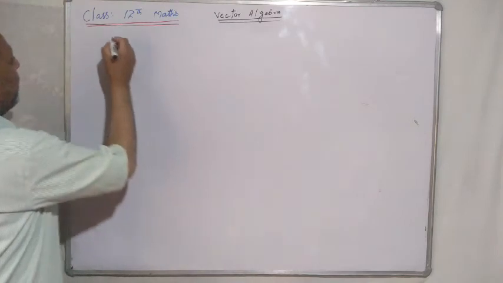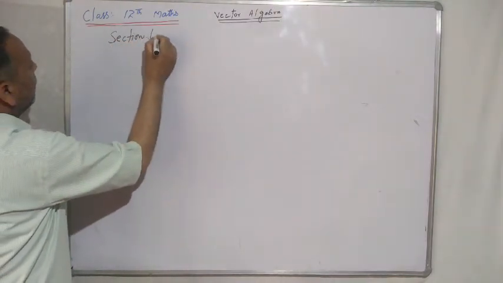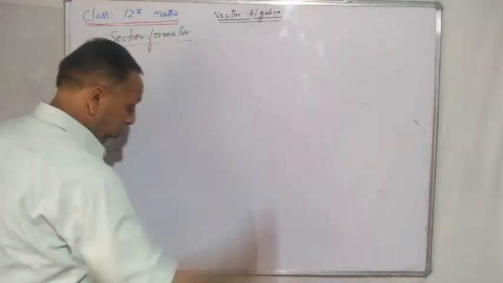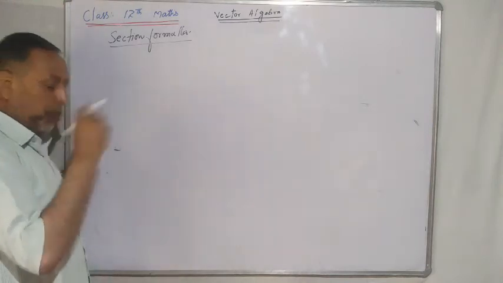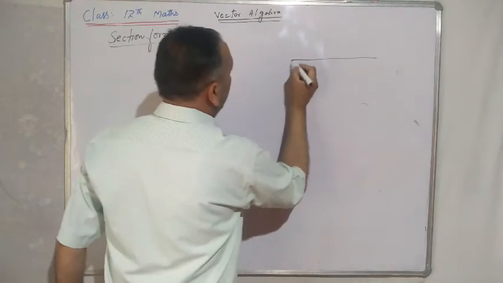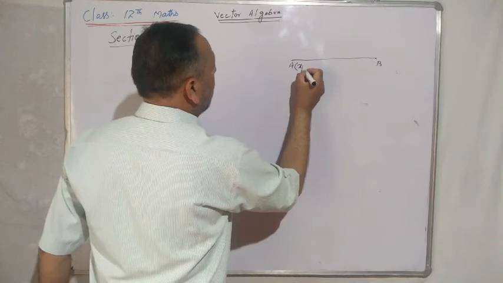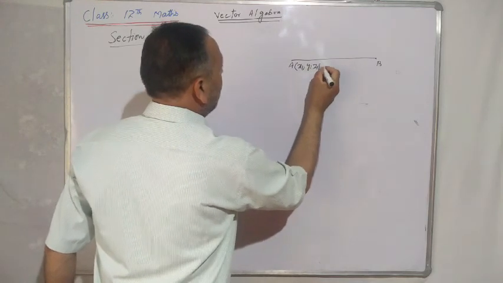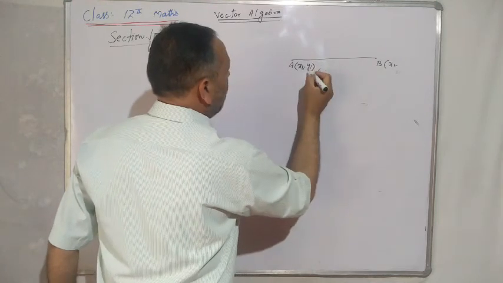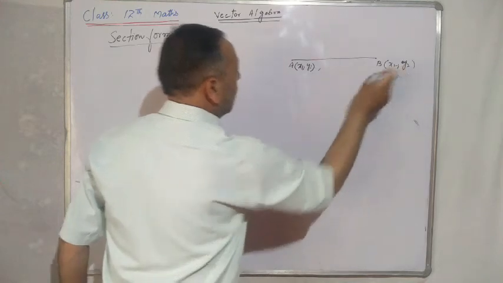Now, section formula. बच्चों, 10th क्लास में आपने पढ़ा है, अगर आपको 10th क्लास का कुछ याद होगा, अगर हमारे पास एक पॉइंट A और यहाँ पॉइंट B होता है, चलो मान लिया इसके कोऑर्डिनेट्स हैं x1, y1, और इसके कोऑर्डिनेट्स हैं x2, y2, क्योंकि हमने 10th क्लास में सिर्फ 2 डायमेंशन किया था।